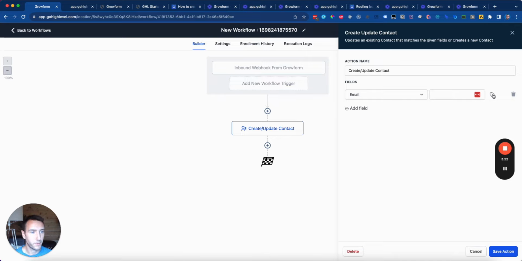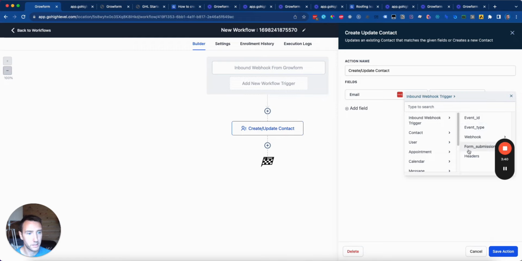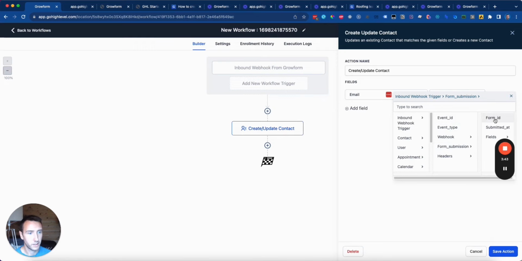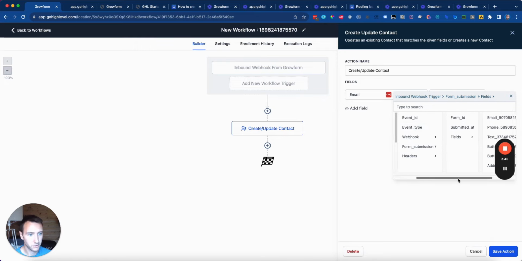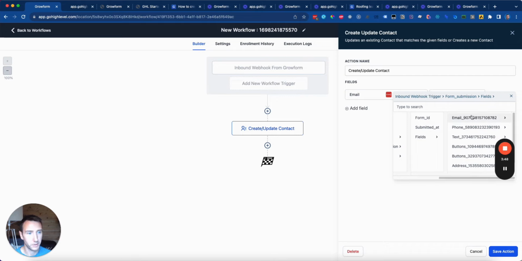Good place to start. So let's select this little tag. So if you wanted to hard code the email, you could do harvey@growform.co. But here we want to dynamically insert that value from a webhook. So click this little tag. We're going to choose inbound webhook trigger. We're going to go into the form submission. We're going to go into the fields and scroll along a little bit and find the email field